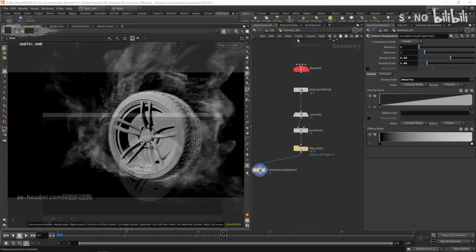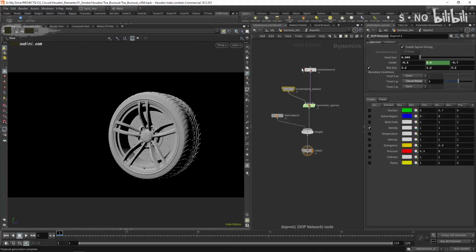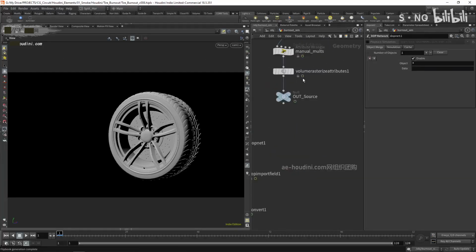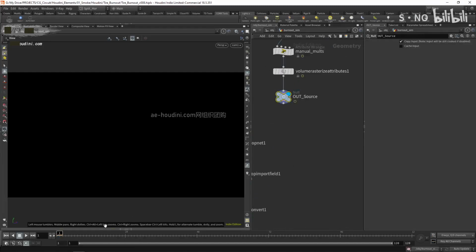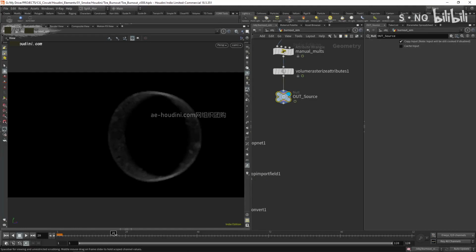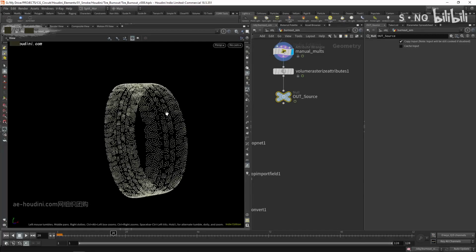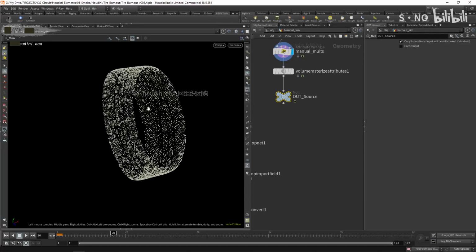The main issue is the fact that when we increase the resolution of our simulation here on the smoke object and reduce the voxel size to 0.005, the size of our source is actually connected to that. Let me disconnect this. It's connected to that. So as you can see, we have a lot smaller points, and we don't have enough density for them to actually give us